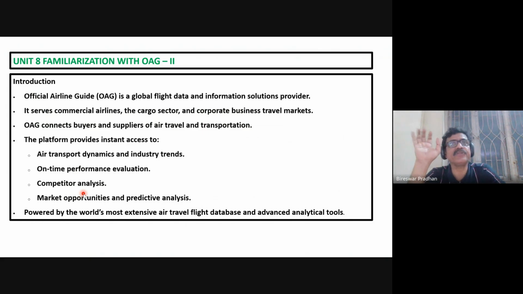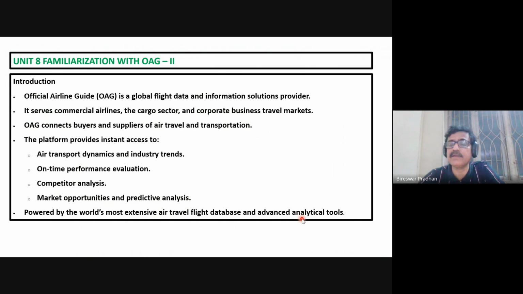Competitor analysis helps competitors understand their position, market opportunity, and predictive analysis. All the data analysis is available on this OAG, powered by the world's most extensive air travel and freight database and